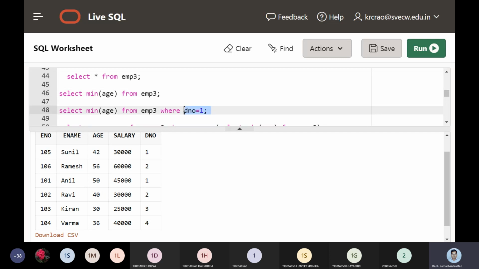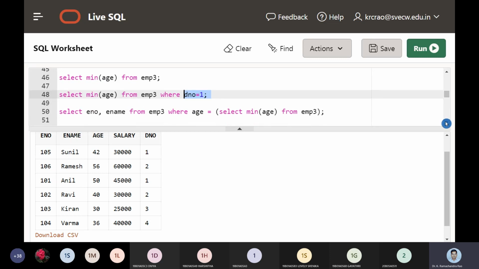We should check that in department number 1 only. We should not bother about the rest of the 4 records. In those 2 records only we have to check. So 42 and 50 are the only 2 ages.